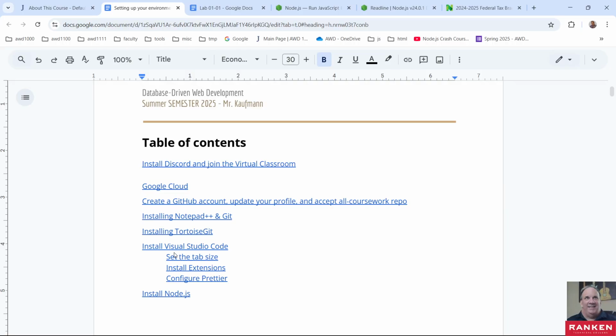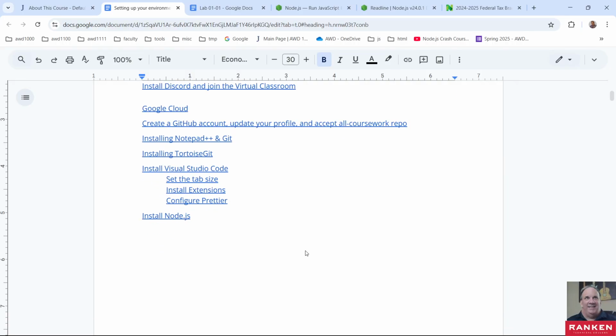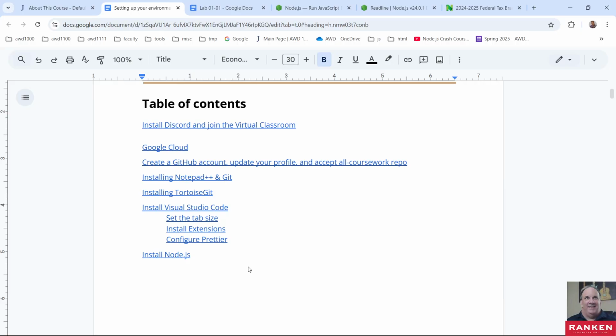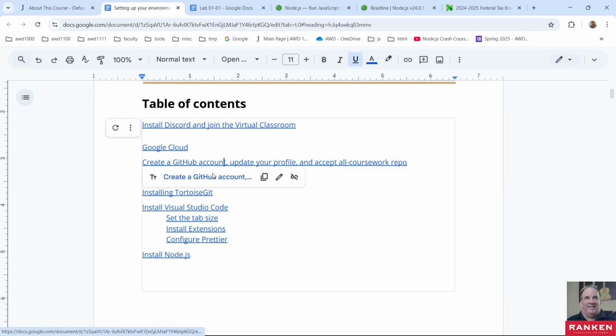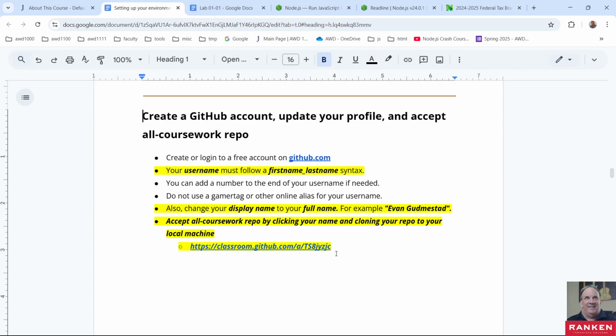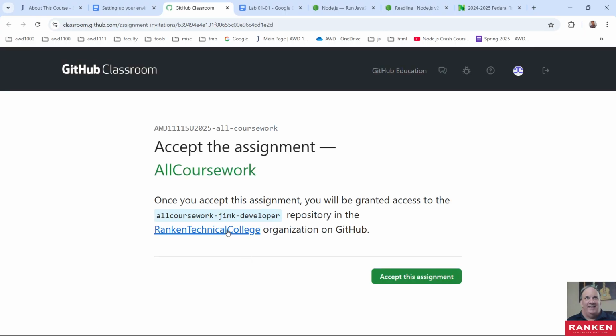So make sure that when you get a chance, because I know a lot of the stuff in the setup is things you already have, and so I can understand that maybe some people haven't really noticed it. But here's the classroom, and you need to come in here and accept this assignment. Okay, you need to accept the assignment,